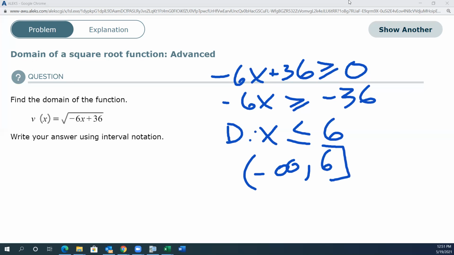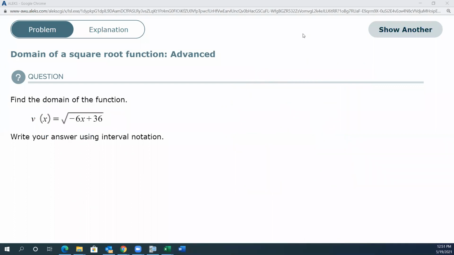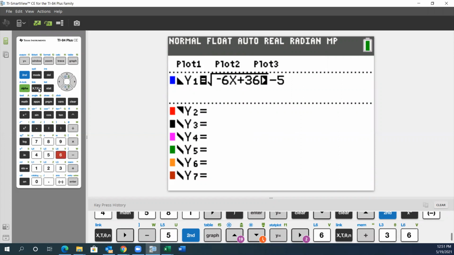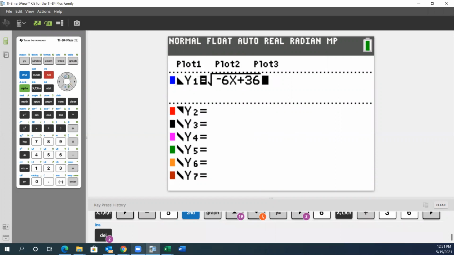And you should plug the function into your calculator, go to the table, and see how it looks. Okay, this says 6 on down works, but nothing else. So you know what? I'm going to check that on the calculator because I feel like it. So -6x plus 36. And then I think that was it, wasn't it? Let me just double check. Okay. So if I go to the table,